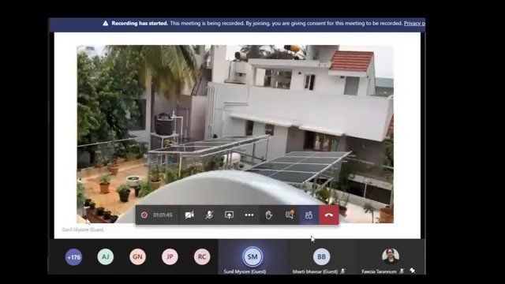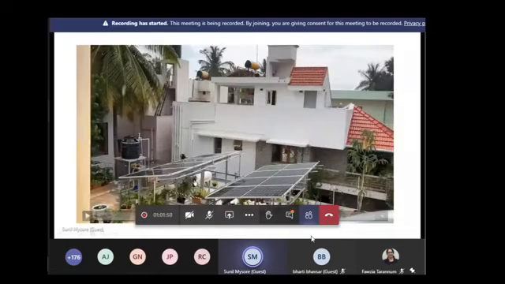Okay, so it's actually no problem. In fact, the solar panels make even better catchment. Actually, I have gutters on these panels. If you can see here, there's a gutter here. Okay, you can use.